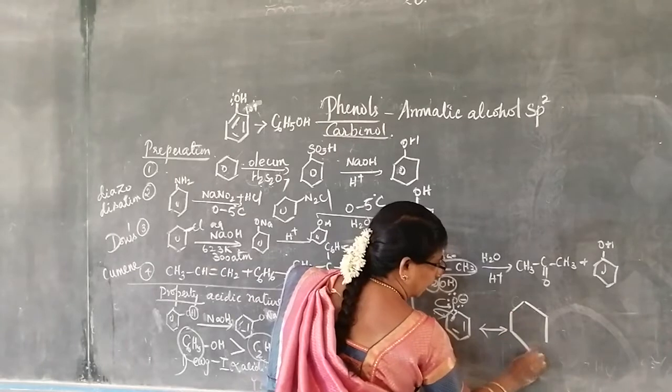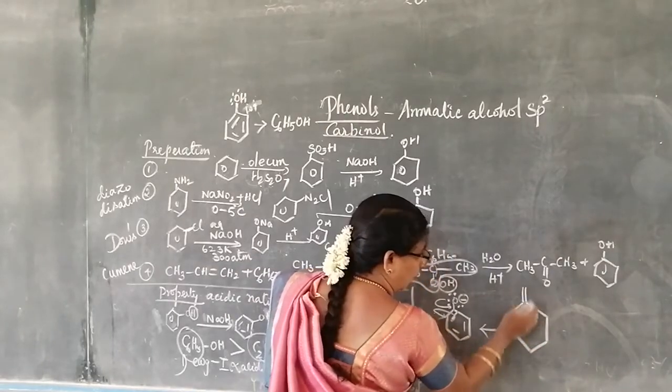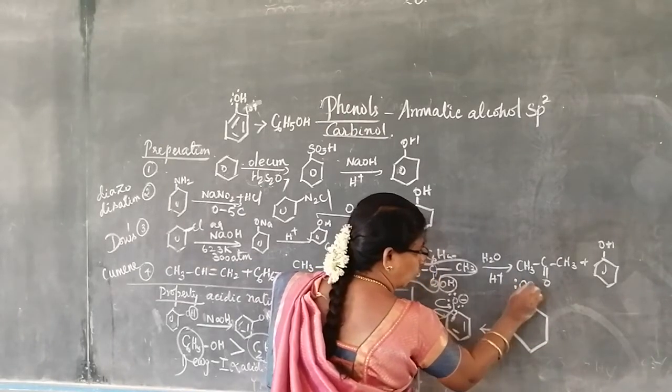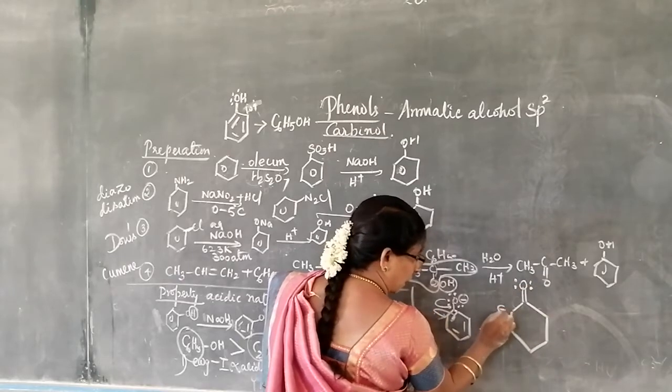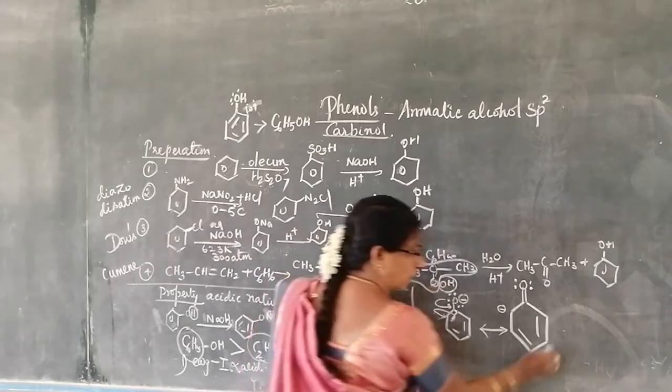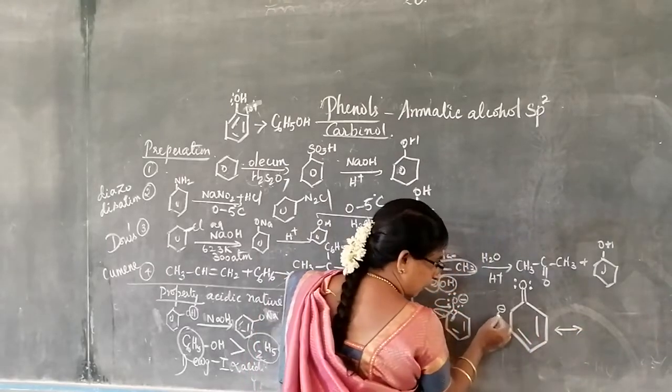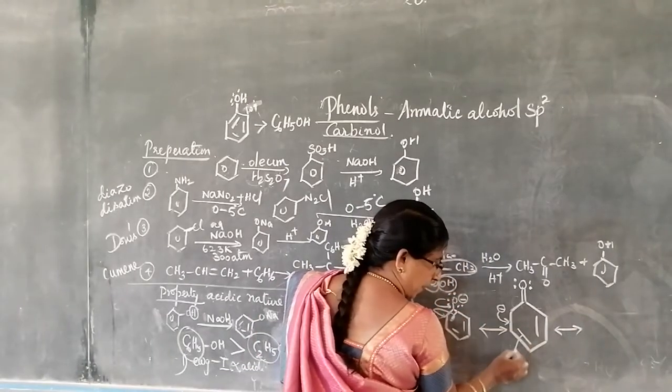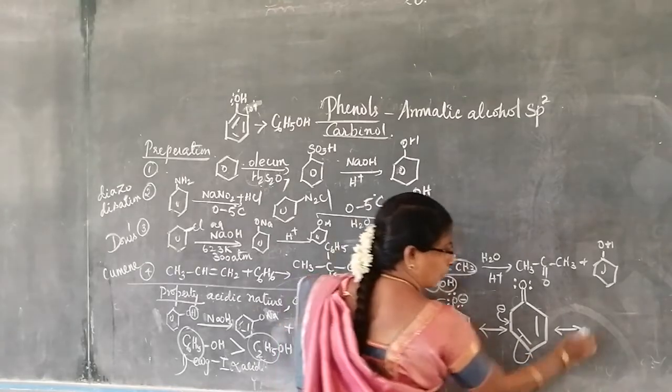So what will happen? Here there is a double bond, O. Now we are having 2 pairs only. The negative charge has come to this ortho position. Am I correct or not? Now what will happen? This will come again here. This pair of electron, pi electron will come to the para position.